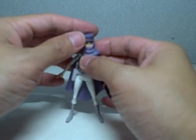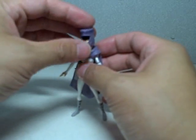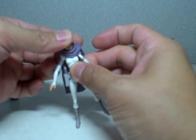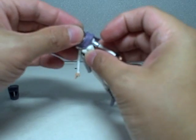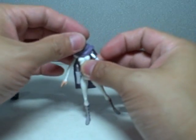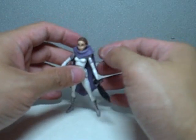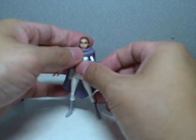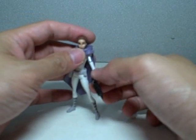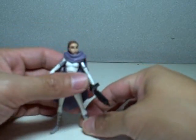Okay, the other gimmick that she has is a removable hood, which I think she looks better without. This was how she came in. This is her traveling hood. The cape is removable, but it takes some time before you can actually remove it or put it back on, because it's very tight. You can pop off the head and just take it off, but I think she looks better without the hood, but with the cape on, the traveling cloak on. I think she looks awesome with the cape, so I'm not taking out the cape, keeping it on. Her traveling cloak, and as you can see,